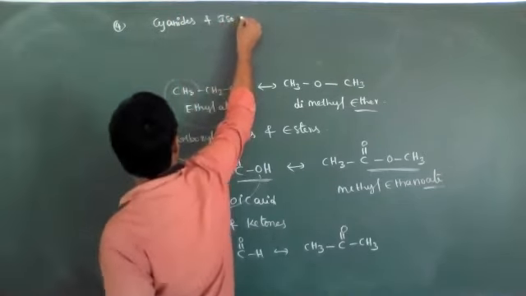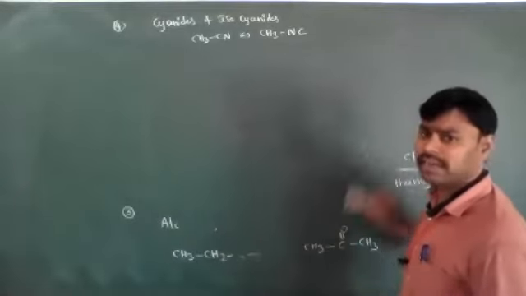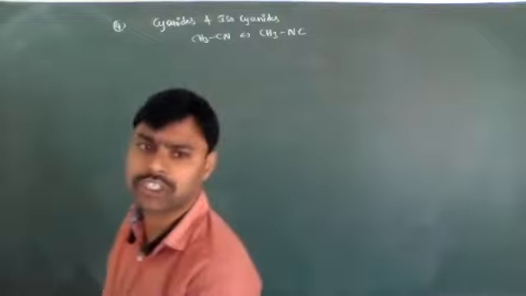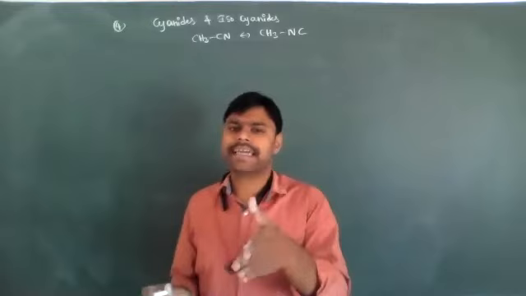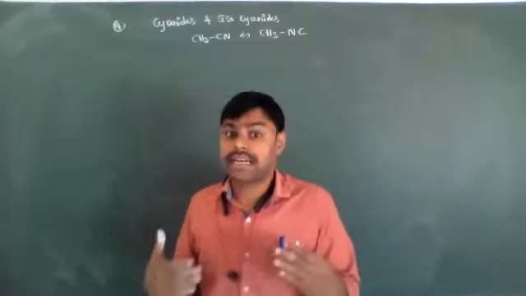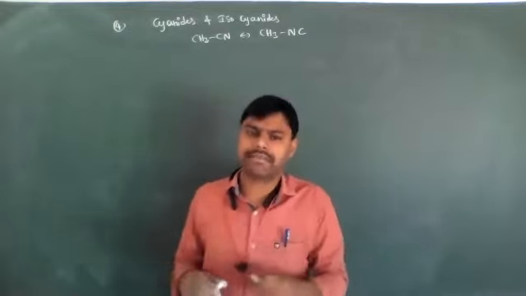And one more example I will give you, that is primary, secondary and tertiary amines. The major functional group is amine only, but we have to consider primary, secondary and tertiary amines also as functional group isomers. Because the chemical properties of primary amines are different, secondary amines are different and tertiary amines are different. I think you don't know that much about primary, secondary, tertiary amine structures.